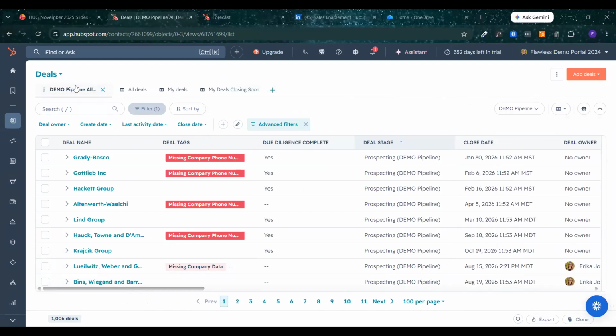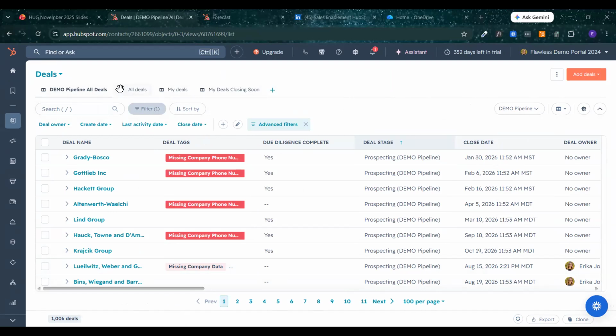So the columns will be different for your different views based on what you have saved. So basically, what I would recommend is creating a view for each individual pipeline with however you want it, editing the columns, saving it there. So then that's how you pop through it.